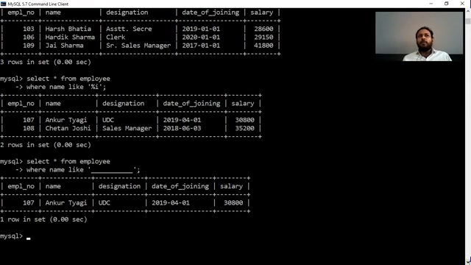I have written long names here like Harsh Bhatia, Hardik Sharma, Jay Sharma, and no name contains 5 characters, so I chose 11. If you have shorter names, you can display the names that have fixed 3 characters, fixed 4 characters, fixed 5 characters.